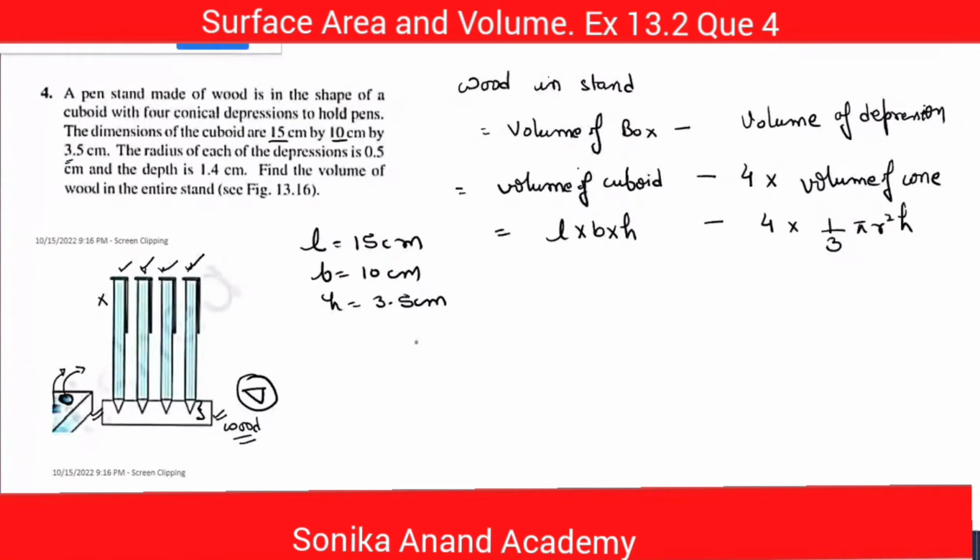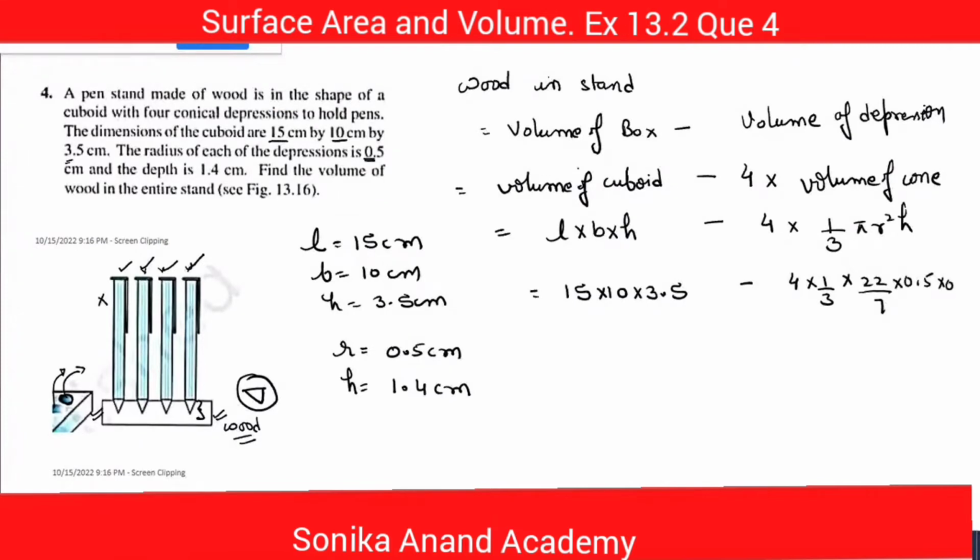Now we have to find the radius and the height. Now what is the radius and height of these depressions? The radius of depression is 0.5 centimeter and depth is 1.4 centimeter. Now we simply put all the values and find the answer. Here we can't take the common, we have to solve each and everything. Height is 1.8. So when we multiply 15 into 35 minus